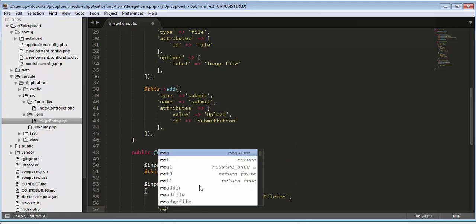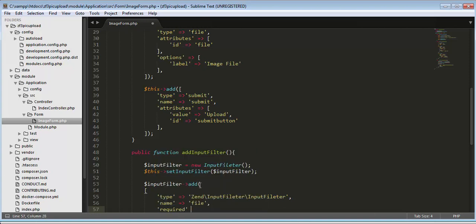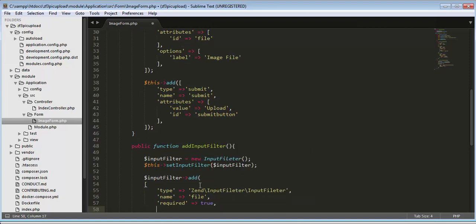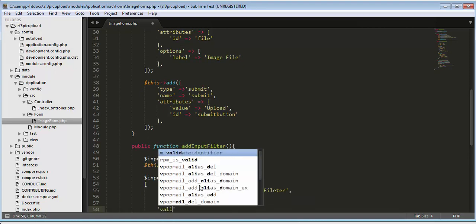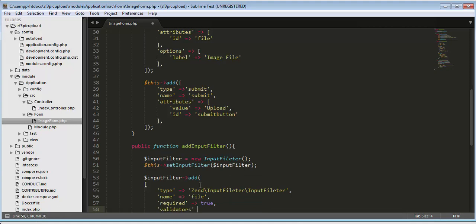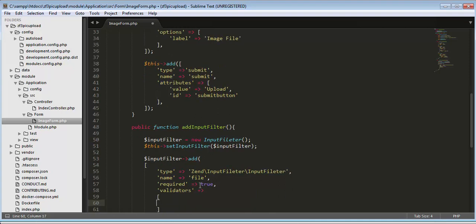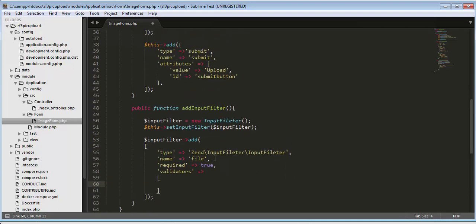Okay, we need to create another array. Name file upload file. And then create one more array for name,